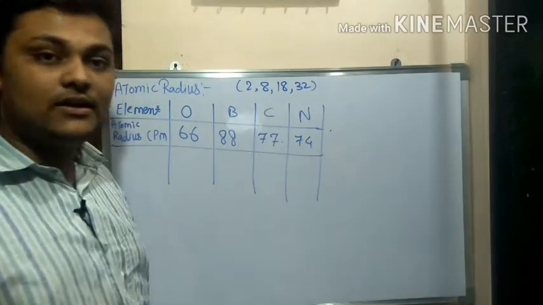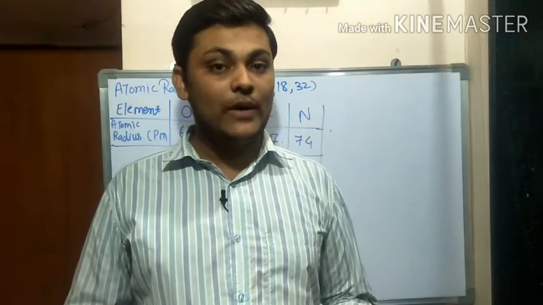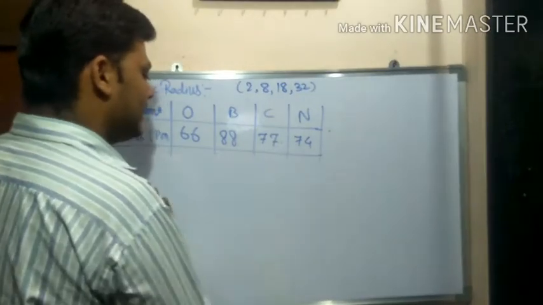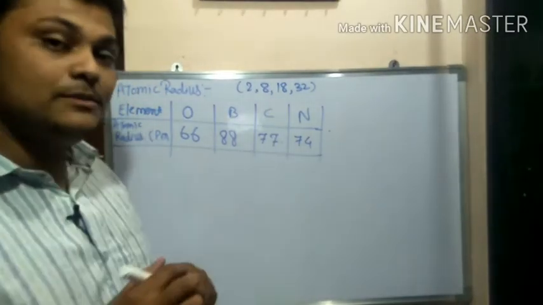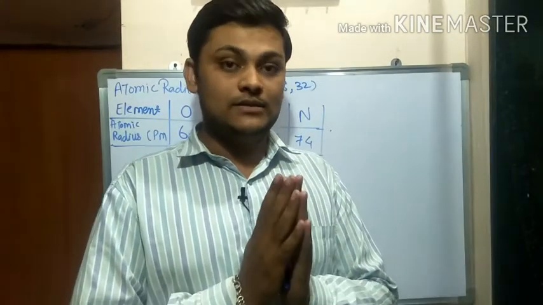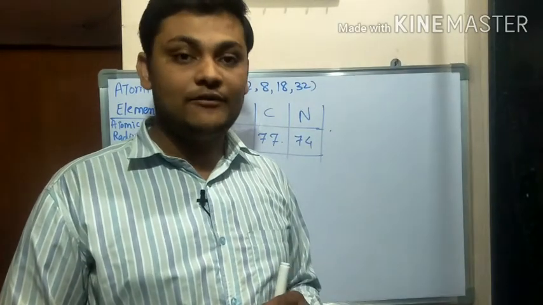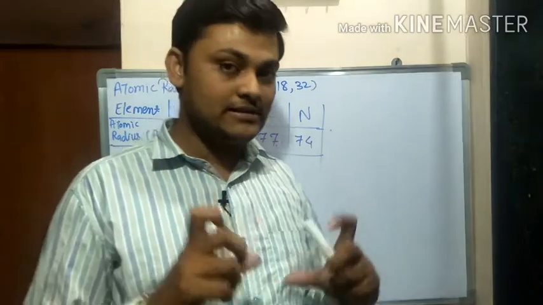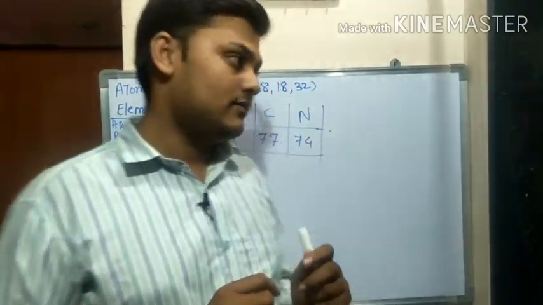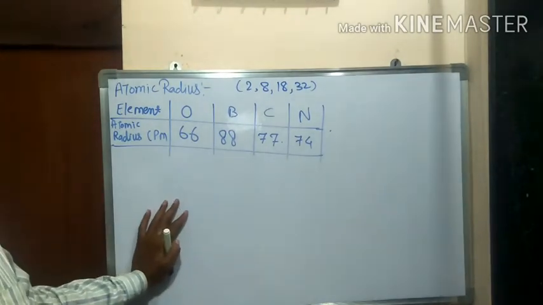So you will find that the atomic radius goes on decreasing as we go from right to left. So in that first point I can mention over here, if you have seen the periodic table, students, I have uploaded the picture of the periodic table at the end of this video lecture. If you don't have a periodic table, don't worry, take a screenshot, at the end you will get the periodic table. The periodic table is so important.